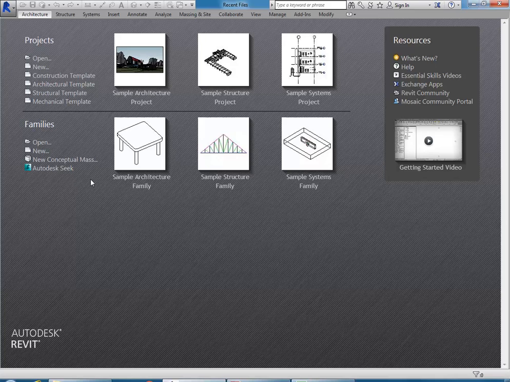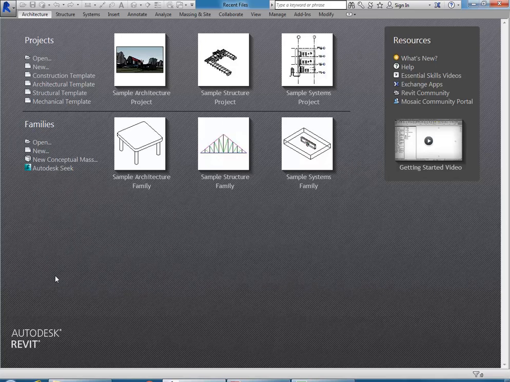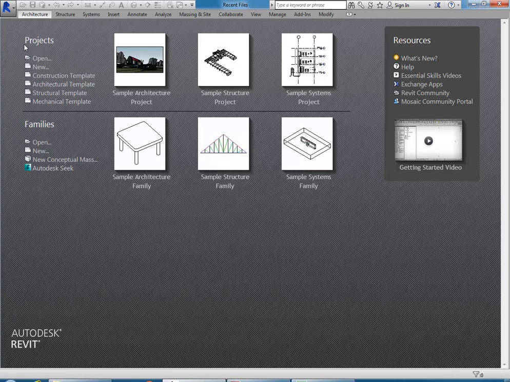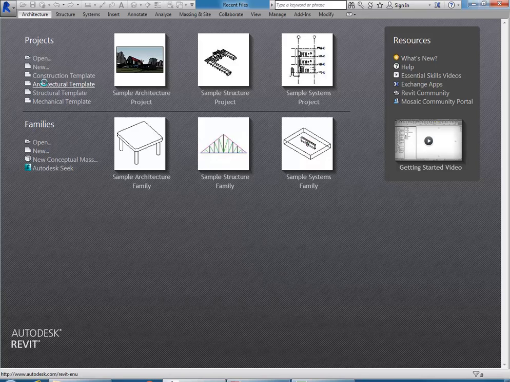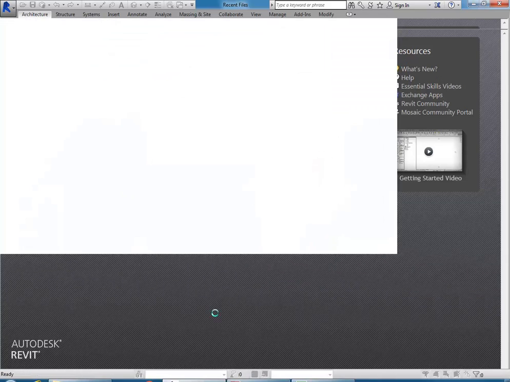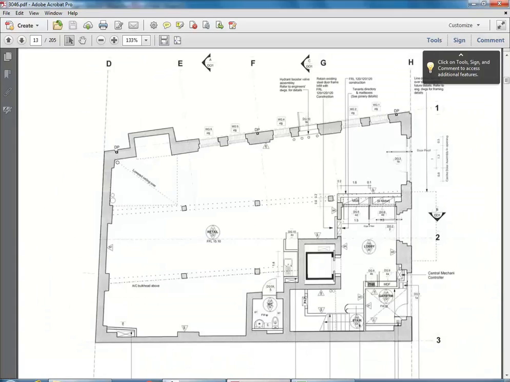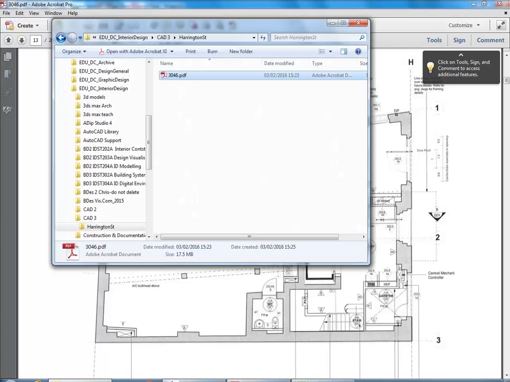Okay, so I've just got Revit open with the splash screen or the welcome screen there, so that I can choose the architectural template shortcut under projects to start a new file as normal. And while that's opening, I will go to the PDF file that I've given you, which you can get to